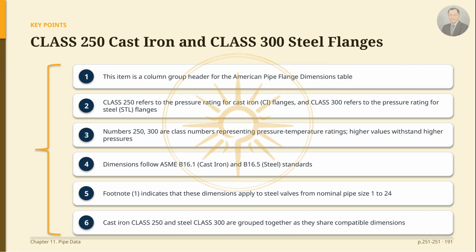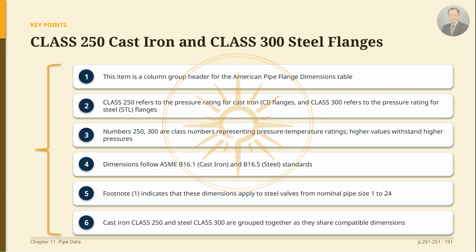For example, when checking the dimensions for specific sizes, such as a 1 inch or 2 inches nominal pipe diameter, you will refer to the values designed according to the ASME B16.1 and B16.5 standards. The remaining detail values are organized so that engineers can check them directly according to the pipe diameter they are designing. Please first check the class number in the table header. Then find the dimension value corresponding to the nominal pipe diameter you intend to apply and reflect it in your